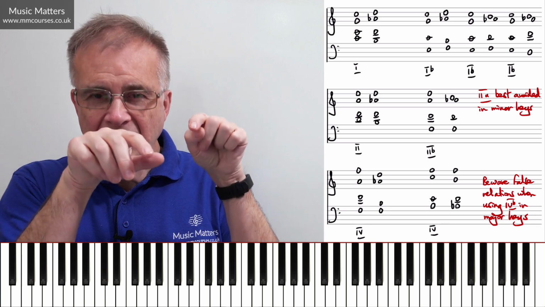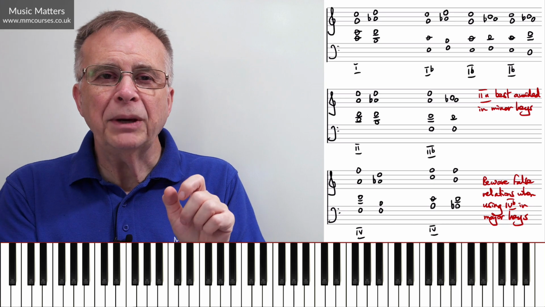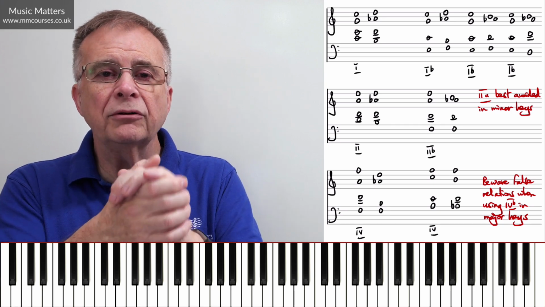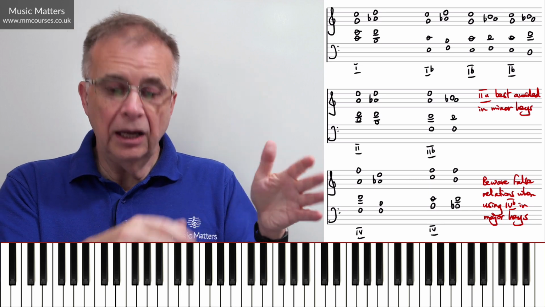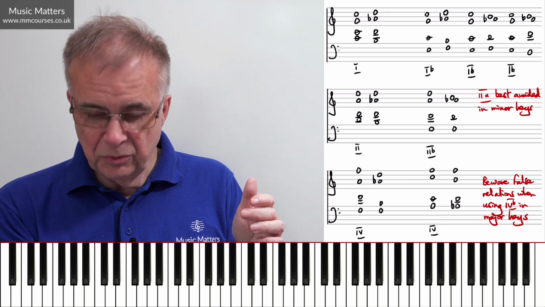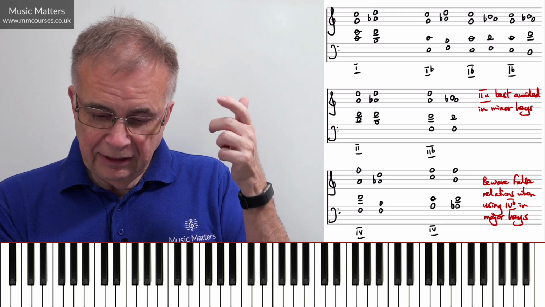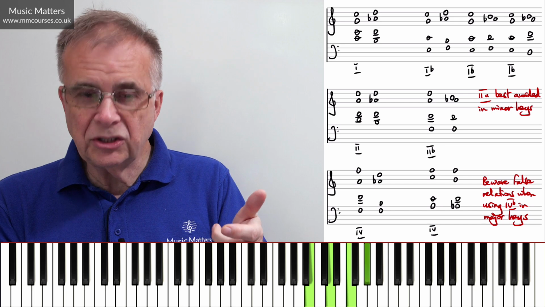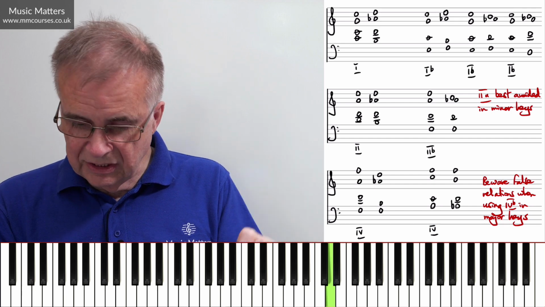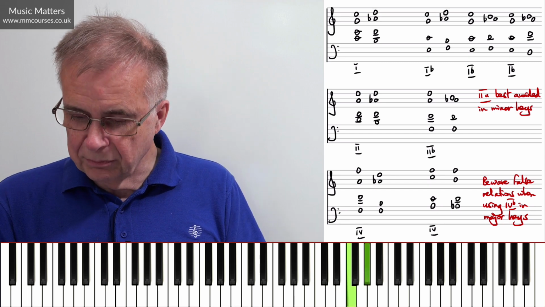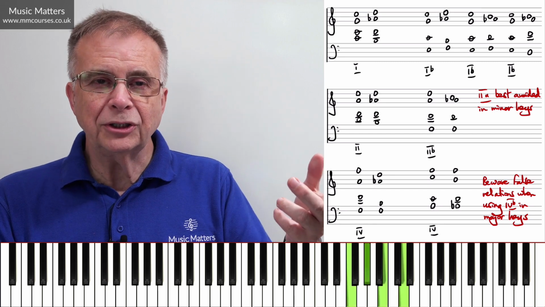Then you know that that is in root position and it's based on chord 7. So the bottom 3 notes are spelling out chord 7 of your key. You can then say, if it's G sharp at the bottom, G sharp, B, D, F, that's a diminished 7th in the key of A. If I do B, D, F, G sharp, it's first inversion. D, F, G sharp, B, second inversion. F, G sharp, B, D, third inversion.